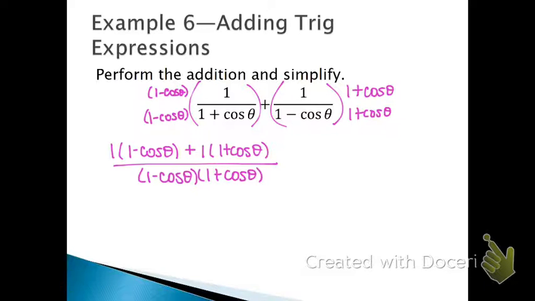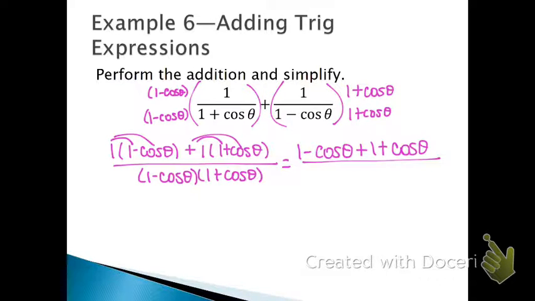Now what can I do from there? Okay, I can simplify the numerator. I can distribute the ones, right? And I wrote it out that way, guys, because if we had a minus sign, remember you'd have to distribute the 1 to the second parenthesis. And so I write mine out like that so I don't forget. So we got 1 minus cosine plus 1 plus cosine